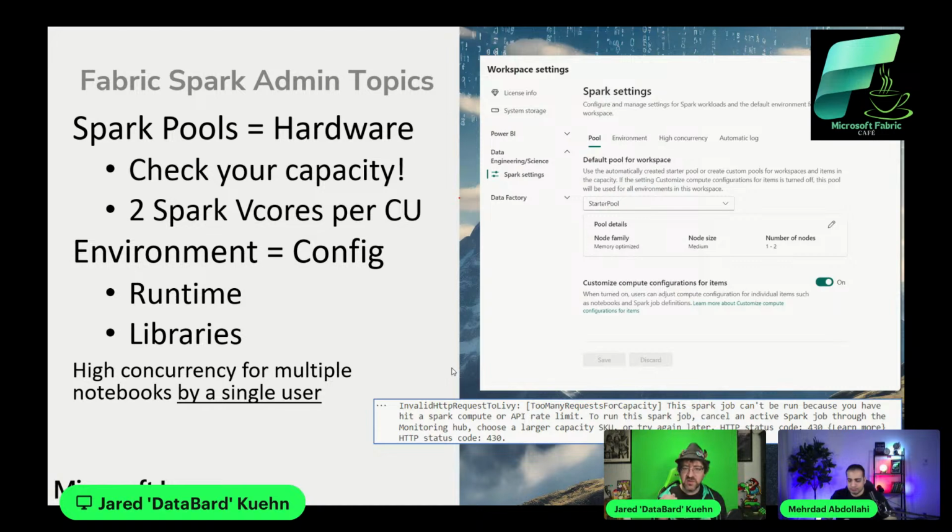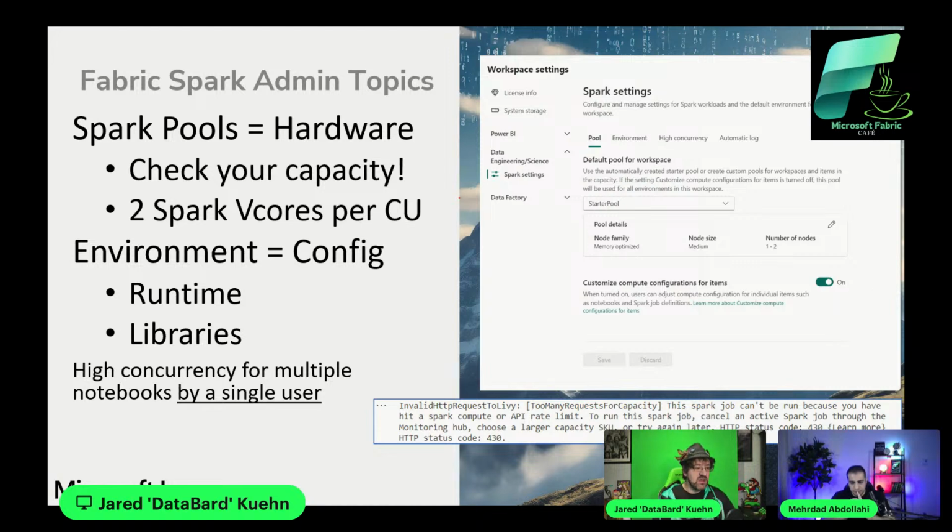High concurrency gives you an option of starting up a single session that can be used by multiple objects. Works well, but still has the limitation where right now you can only have that be done by a single user. Right now, users cannot share high concurrency servers unless they share credentials, which isn't necessarily best practice, right? So keep an eye on that.